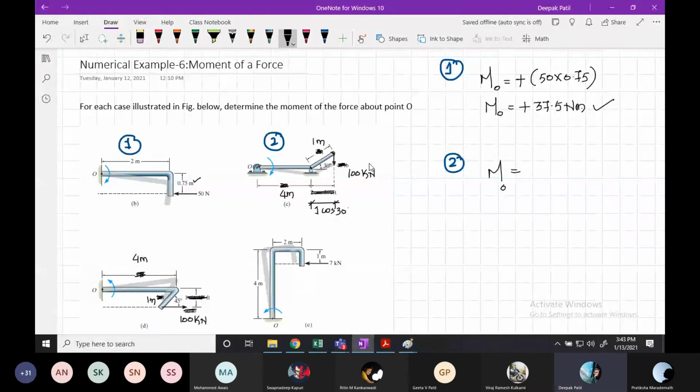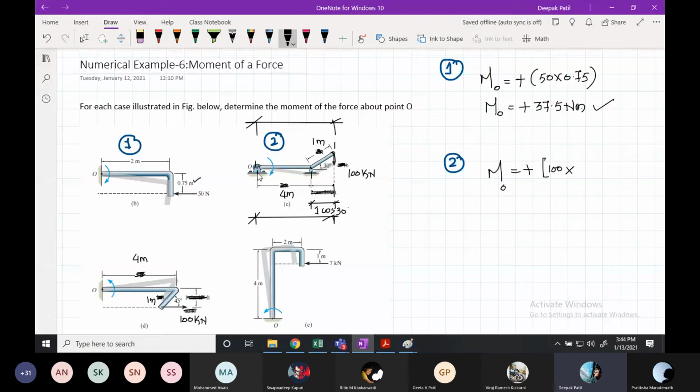Okay, at least tell me what will be the sign of this, whether it will cause a clockwise or anti-clockwise movement. Clockwise. It is clockwise. Right, it is plus. Okay, plus force is 100 multiplied by, I want distance. What will be the distance now? The distance will be simply from here up to here. Yes or no? Right? Because if you extend the line of action and measure the point, this will be your perpendicular distance.